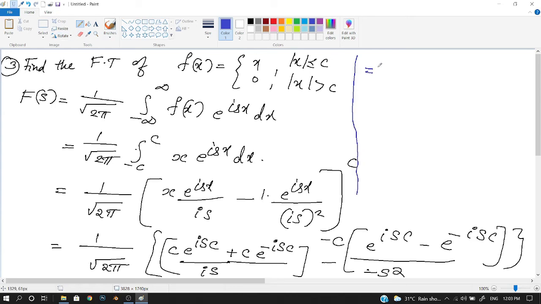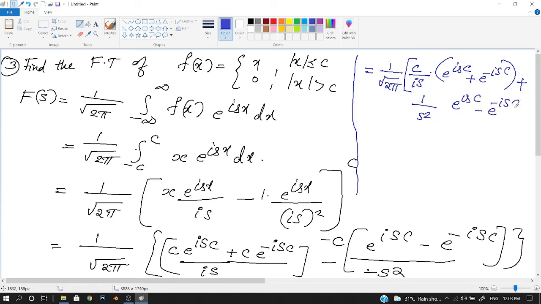That is equal to 1 by root 2 pi, then c is common, c by I s, then e raised to I s c plus e raised to minus I s c. Then minus minus becomes plus, so plus 1 by s square into e raised to I s c minus e raised to minus I s c. So that is the first quantity inside the bracket, c by I s into,